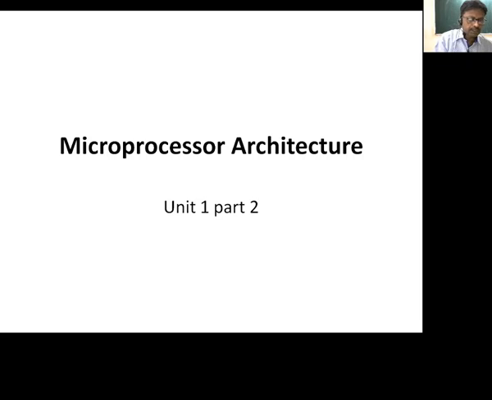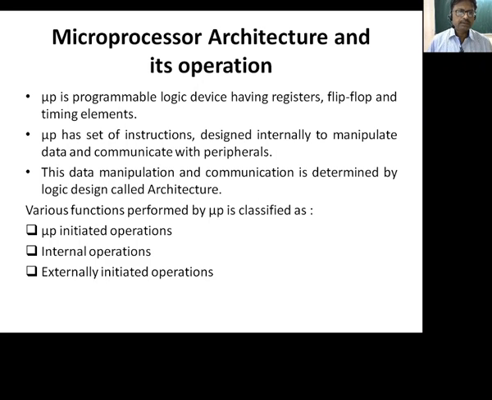So today we will be discussing the microprocessor architecture, which is part 2 of unit number 1. As we know, a microprocessor is a programmable logic device designed with registers, flip-flops and timing elements. The microprocessor works on a certain set of instructions which are designed internally to manipulate data, and it is able to communicate with the peripherals. This process of data manipulation and communication is determined by the logic design, which is called the architecture of